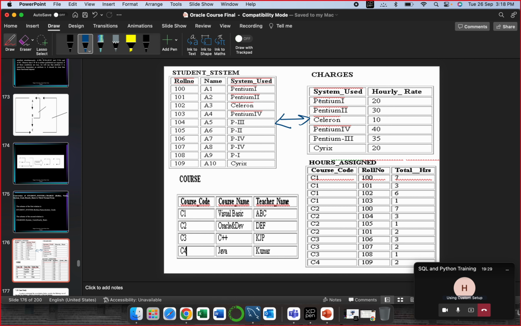Now we have separated them into two separate tables, so that if I need to update any hourly rate, I just update it over here rather than updating it in this entire table all over again. So in order to avoid this, we do it this way. We keep making our data much easier and simpler to avoid any kind of anomalies and redundancy, where I have duplicate data, duplicate information. So to remove that duplicacy, that redundancy in my database, I keep on decomposing my tables